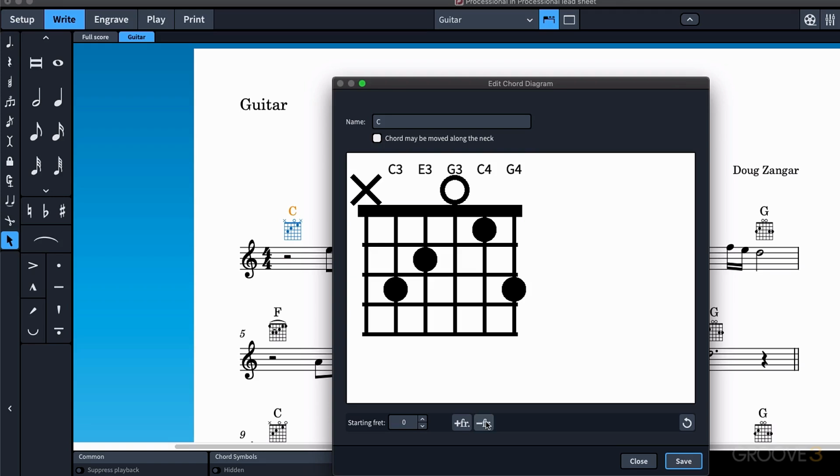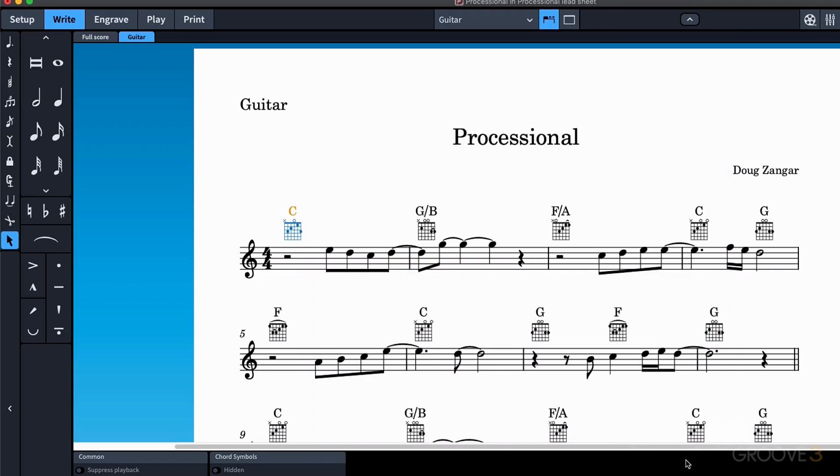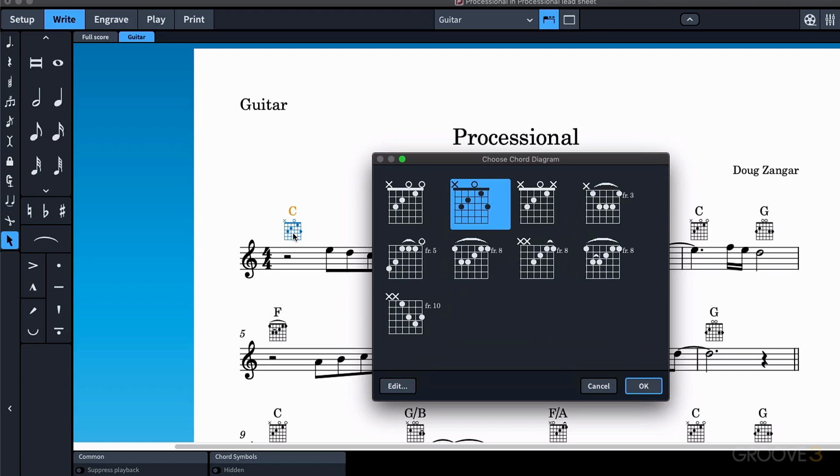If you've got something you like, you can click Save. If you don't like it, you can revert back to the original. Let's go ahead and hit Save here. And now it did two things. It assigned that chord diagram to this chord. And if we go back in and open up our Choose Chord Diagram window, you can see here it is